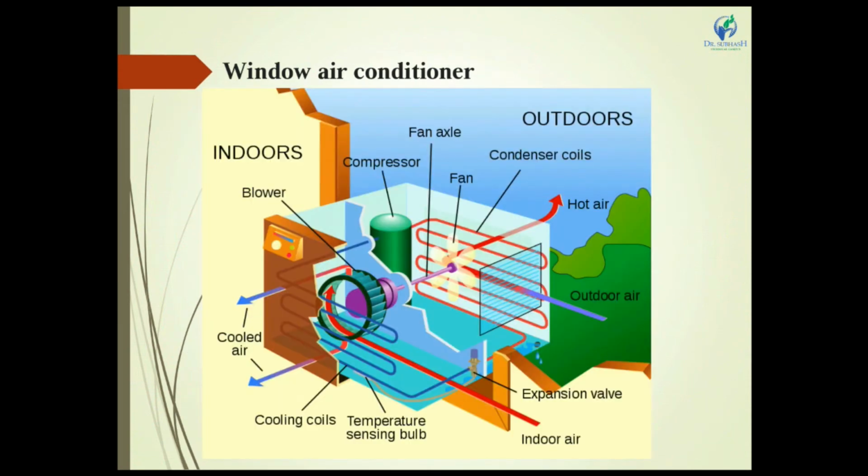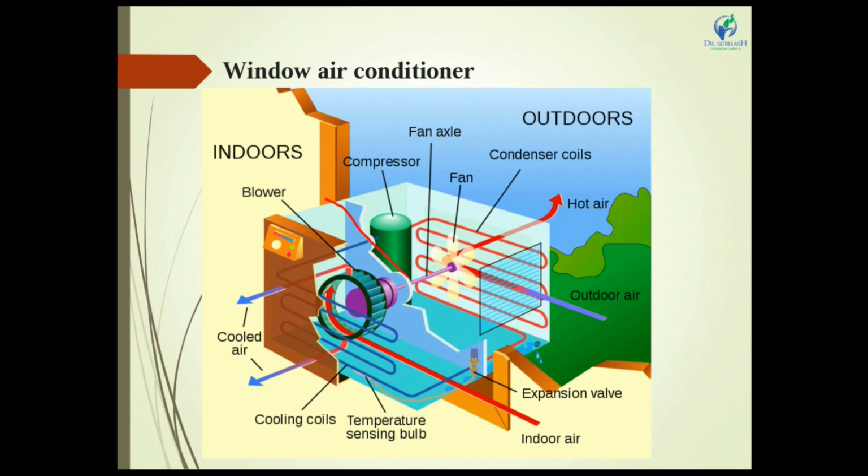This is the figure of the window air conditioning system. This portion is our home window, where we fit this unit. This is the view of a wall, which is also a room wall. This unit is the window air conditioning system, where we mount all components in a single small box: compressor, condenser, expansion valve and evaporator.